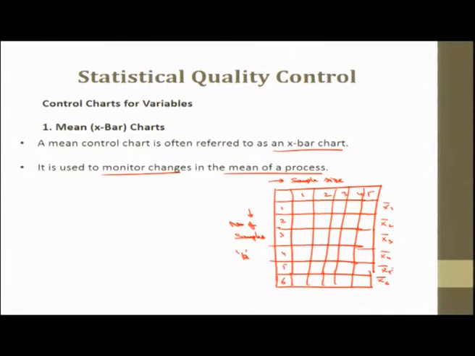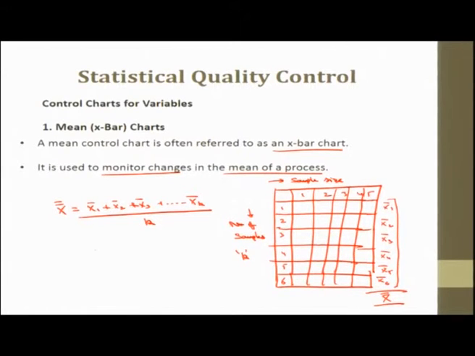Once these means are taken, the overall mean, which I call x double bar, is the mean of all the values, or the mean of these x bars. This might be put as a center line if it is not given. So, in case of the X bar chart, this x double bar is equal to x1 bar plus x2 bar plus x3 bar, up till xk bar, divided by k. This is our center line.